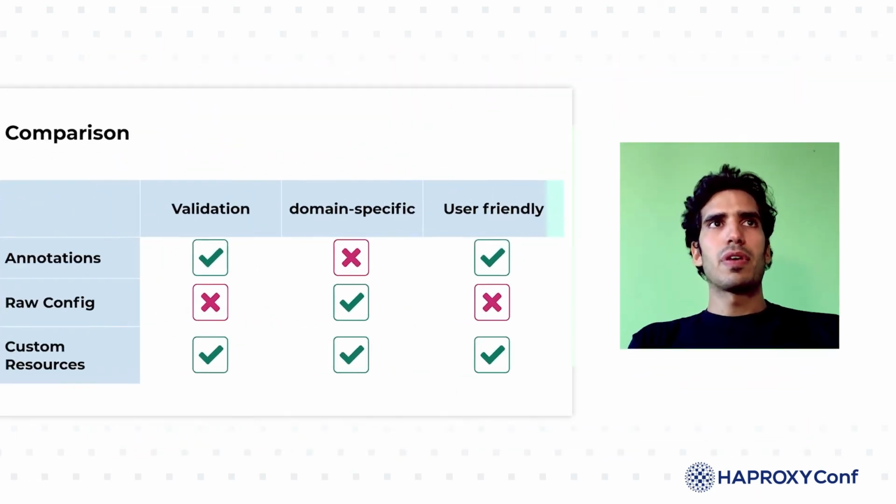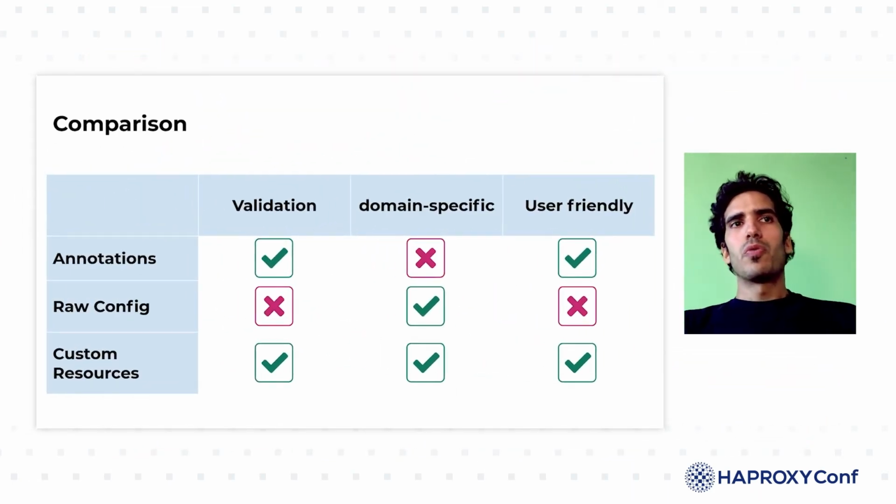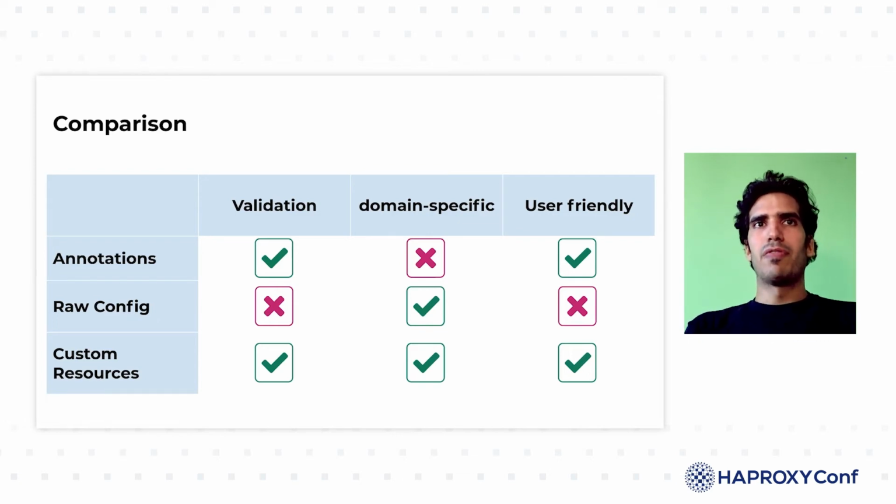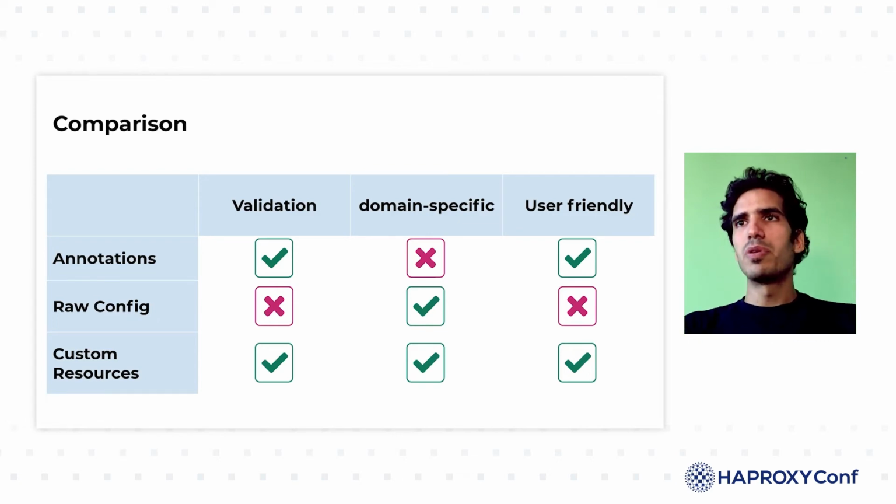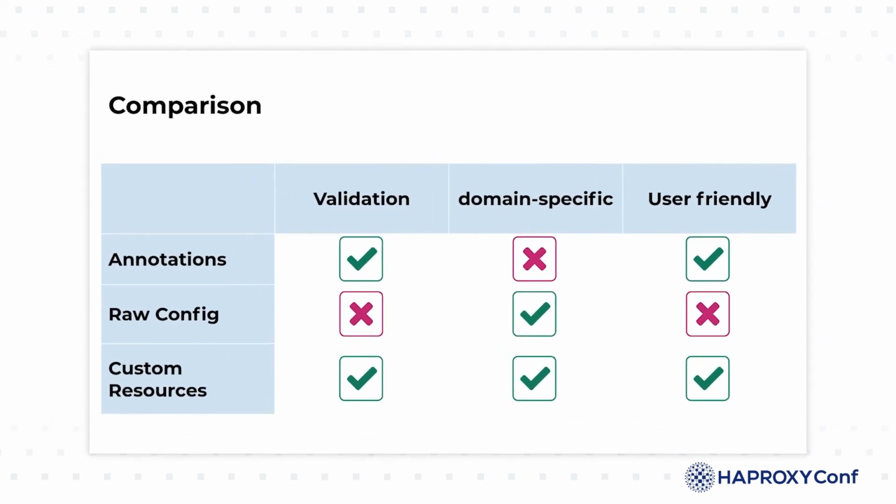So in the end, we are going to compare the different input types. With annotation, we see that we have validation, and it can be user-friendly. By user-friendly, I mean something that is easy to understand for a Kubernetes user who does not necessarily know how to configure HAProxy. But the problem is that this is too vague and non-structured, so it's not domain specific. It's not targeted to HAProxy configuration,